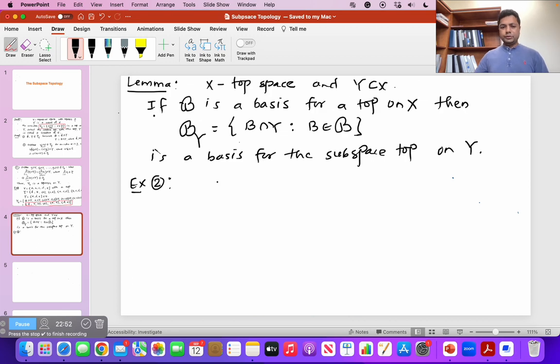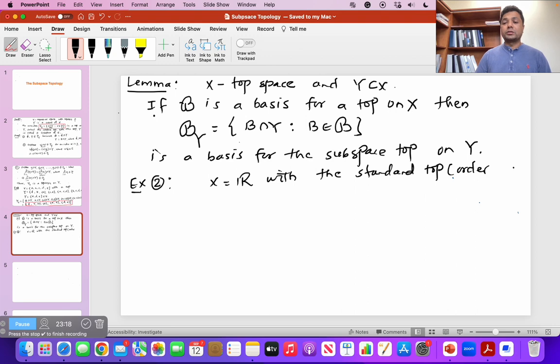So for example number 2, let's say X is the set of real numbers, and let's consider our standard topology on R. Let X be R with the standard topology, and we know that the standard topology on R and the order topology on R are the same thing. So we are considering our topological space to be the set of real numbers with the standard topology, that means, or the order topology,